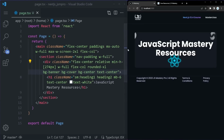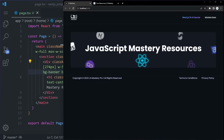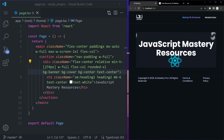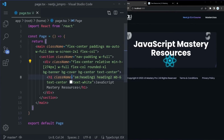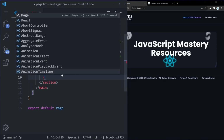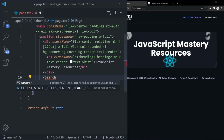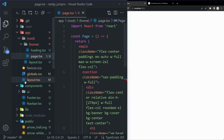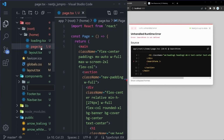So now this is looking good, and it's expanding as we do this. So it reveals more technologies as well. Pretty cool stuff. Now, immediately below this div, we want to render our search form. And our search form is going to be yet another component. So we can see search form, and we can create that component within components, search